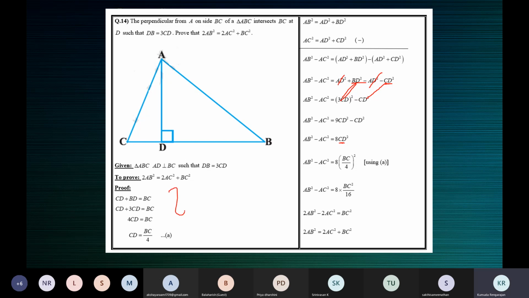So how we write CD in terms of BC is what we've done here. Supposing you feel, how do I know that I have to prepare this? You don't have to do it here. You can start working and stop here, work this one and then continue. So it's not that this one should be worked here.